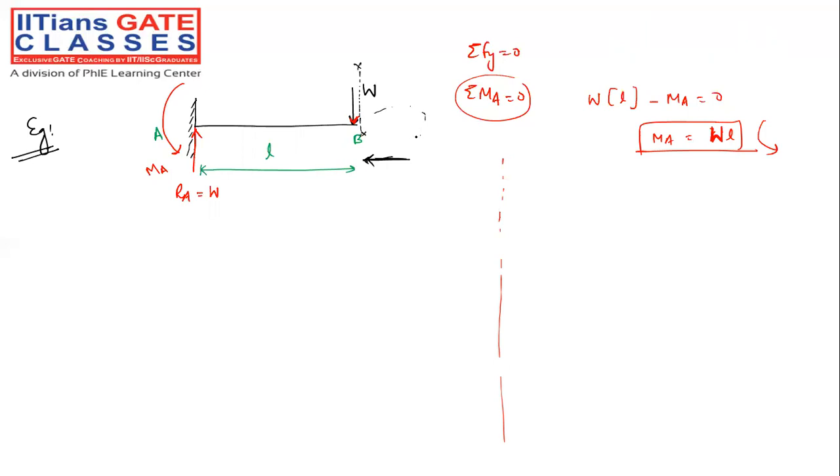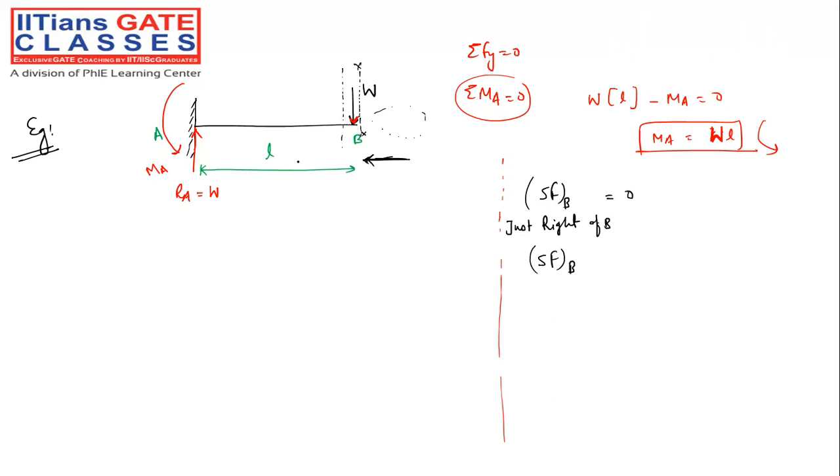If I move from here to here, if I consider any section over here, any part of the structure beam is there? Nothing. So what is the shear force at point B, just to the right of B? Just right of B. What is that? 0. What is the shear force at point B just to the left of B? When you consider just to the left,